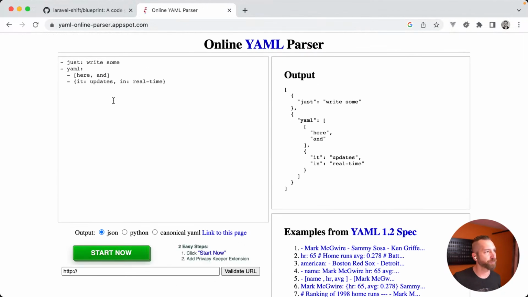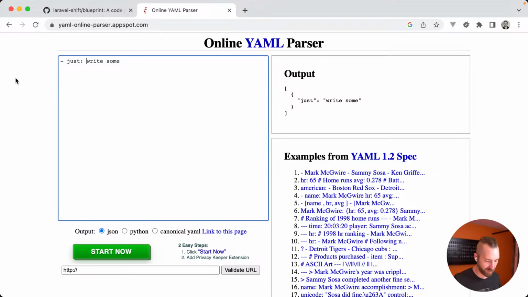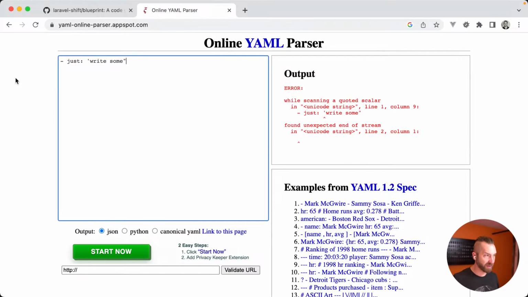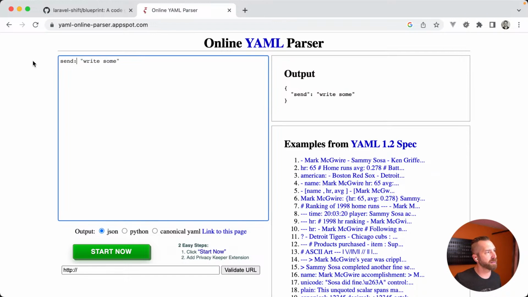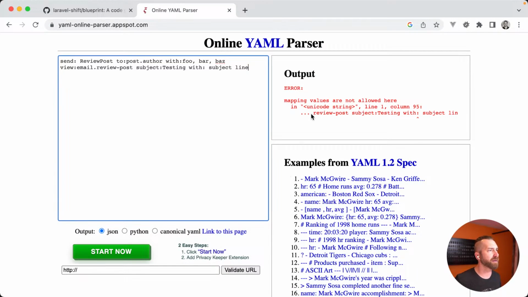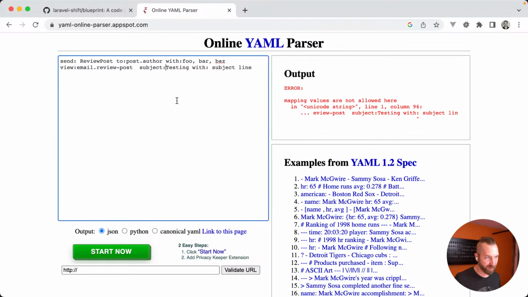let's just mess with this here for a second. Just write some. Can you quote this? Is this allowed? Yeah, it still parses the same. You would end up quoting your subject. So I wonder if we say something like send, and now we have some content, or well, let's just get the real stuff. What we're really saying here is send with that. And this is kind of where we end up doing some special parsing. This is kind of proof that it's not even valid YAML,